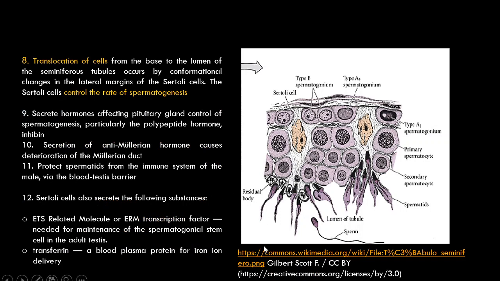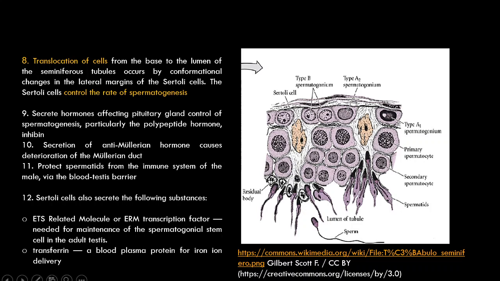Now we know that the cells are translocated from the basement membrane towards the lumen. So they are moving slowly away from the basement membrane towards the lumen and are dividing and differentiating through this process. This movement of the cells, this translocation of the cells, takes place due to the change in the conformation of